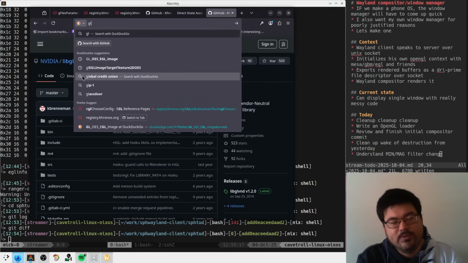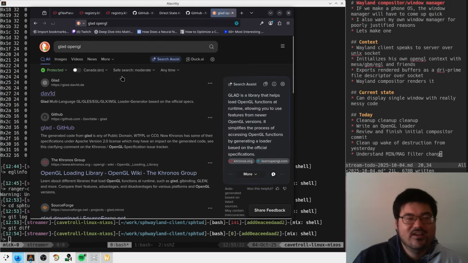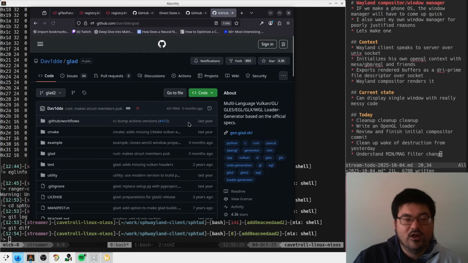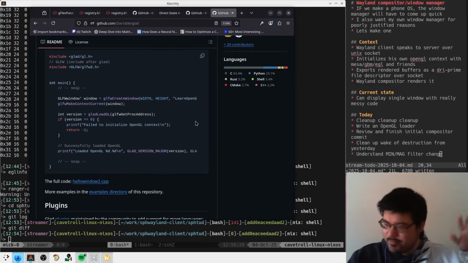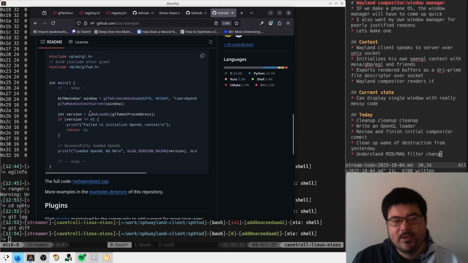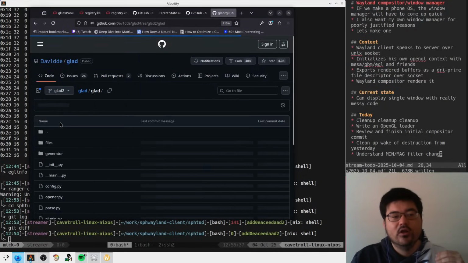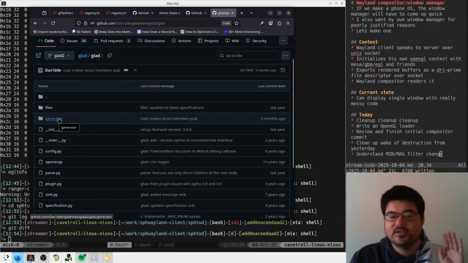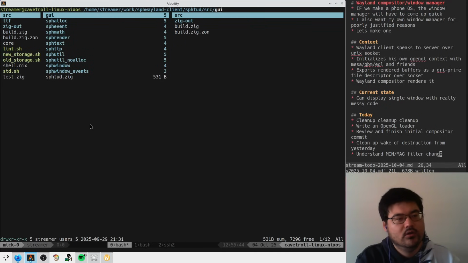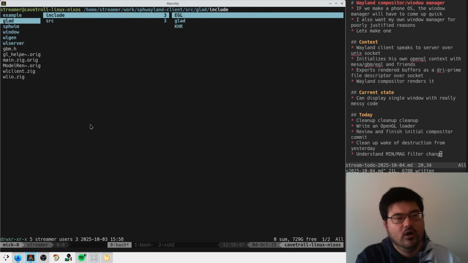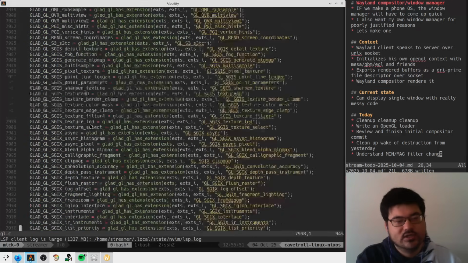So a lot of people use this thing called GLAD, the OpenGL loader. We pulled it in and tried to use it, and we hacked up a bunch of stuff to make this work instead. Basically, it defines a bunch of functions internally that will load things dynamically if they have to exist. So if we look in maybe glad.c, probably. Did I delete it already? No. If we look in here, we might see functions